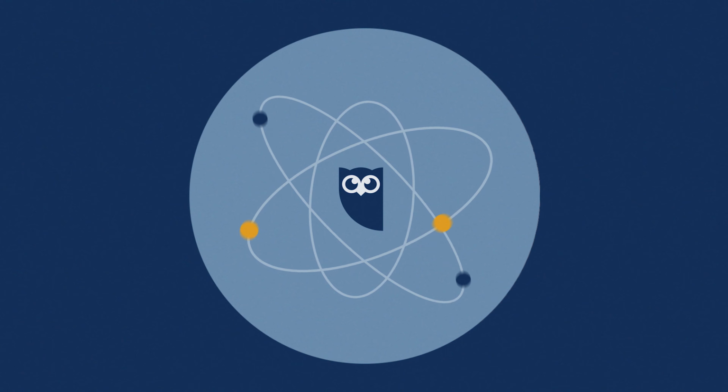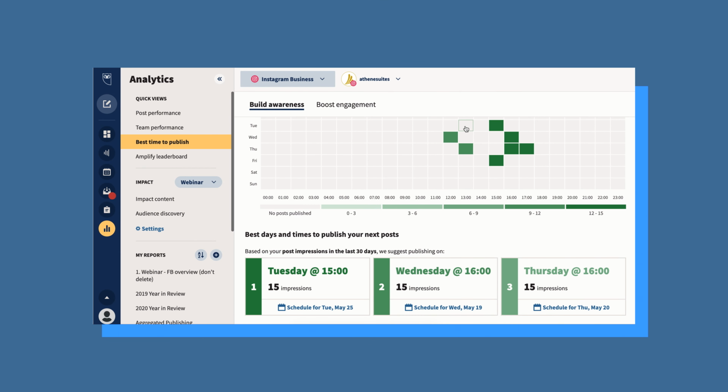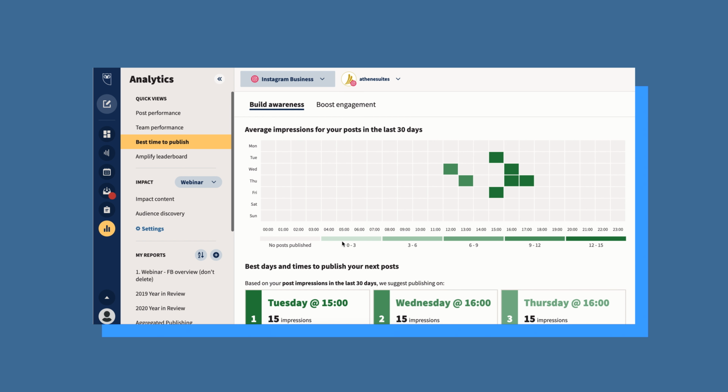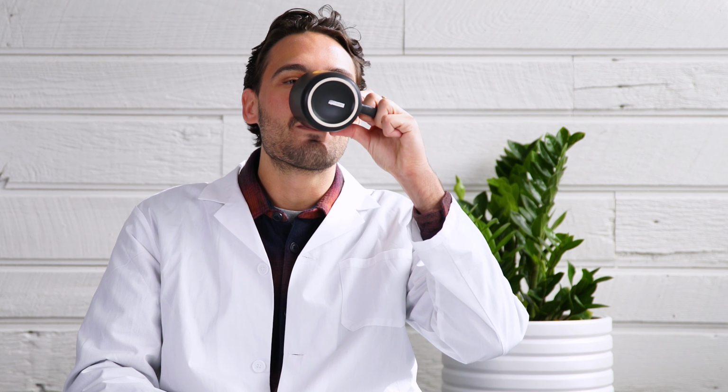Also, did you know Hootsuite has this cool feature that analyzes the best times to post based on past performance? So it will literally schedule your posts whenever you've previously gotten more likes or even clicks, whatever metric is most important to you. Okay, bonus tip. Shamelessly recycle what works.